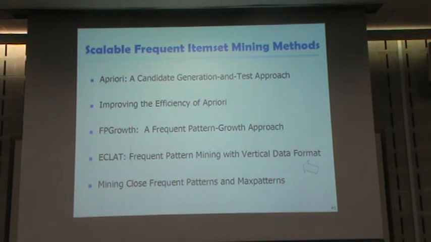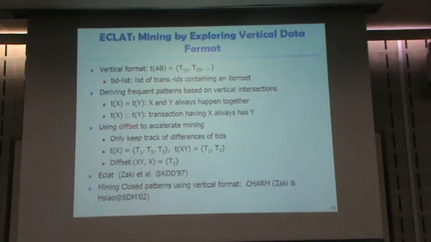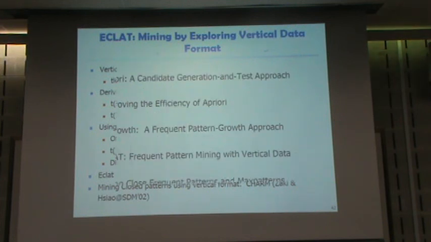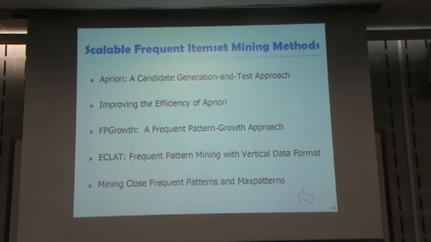And the Eclat, that uses the opposite way. So instead of the transaction, for each transaction we have the number of items. So we will consider for each item the number of transactions like this one. This is a vertical format. The idea is that we have fewer items compared to the number of transactions. Okay. Then